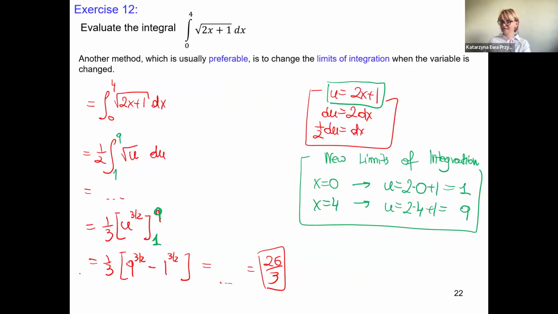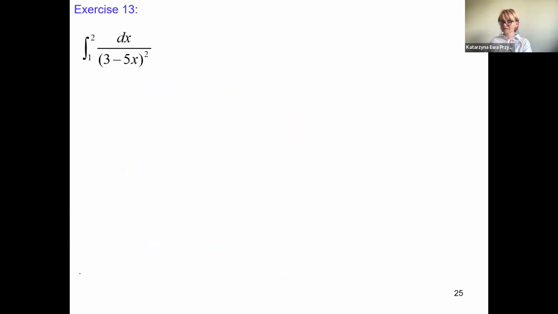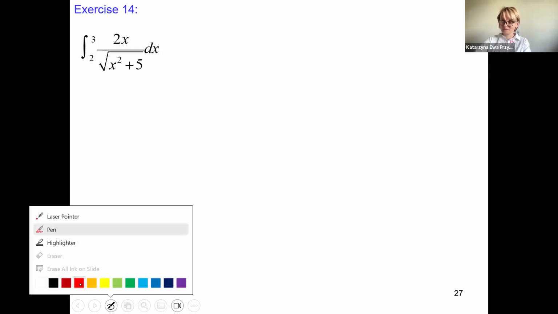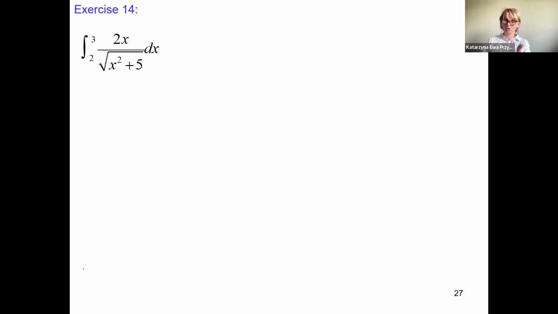Excellent. Let's look at this one, it is relatively easy. Maybe this one. Let's see. Maybe we can compute new limits. Okay, that's what we have. We see two functions, 2x, and then the square root of the quantity x squared plus 5. I believe it's obvious that we have to at least start with the inner function x squared